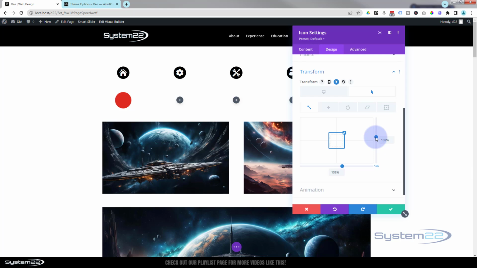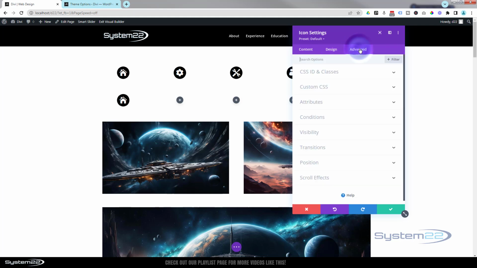So it's about a third bigger, or just under 0.3 bigger. That'll work. And then when we're not hovering, it should go back down to regular size. Now the time that it actually takes to go from one to the other is 300 milliseconds with Divi by default, which is fine. I'm going to slow this down for a little bit of grace, so we can do